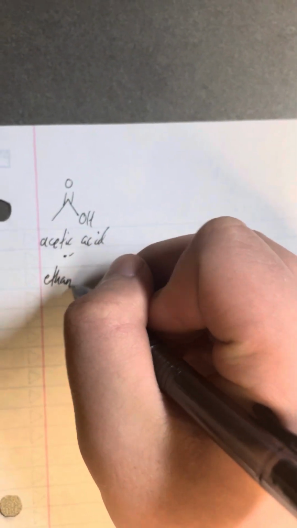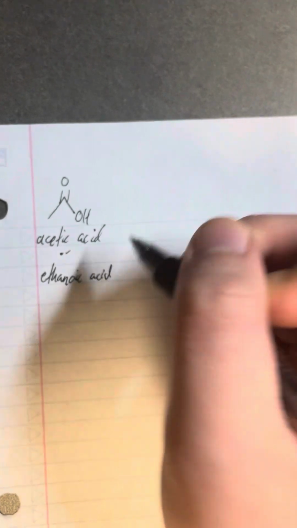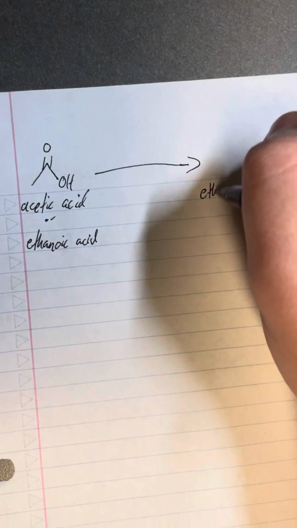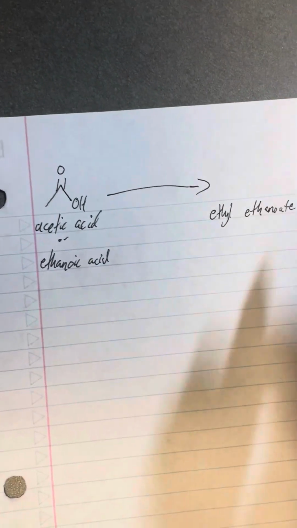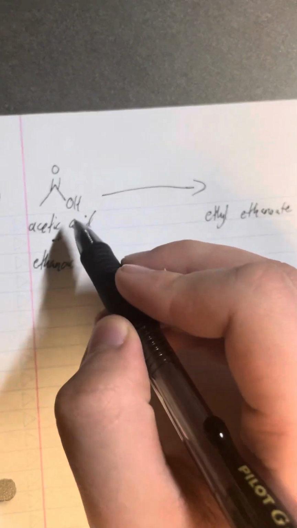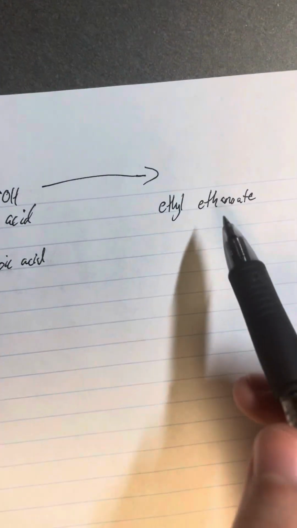So this is what is known as acetic acid, or its IUPAC name, which is ethanoic acid. And then we're trying to convert that into ethyl ethanoate, which this here is a carboxylic acid, the double bond O, and then the OH signifies this is a carboxylic acid. This ethanoate, this naming is the IUPAC naming that signifies that it is